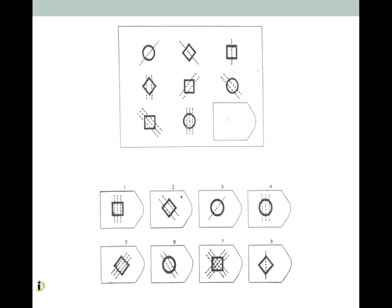So the way the Ravens works is you are trying to figure out what goes here in this bit here. So there is a pattern that goes across and a pattern that goes down. And you are trying to figure out what completes the pattern going both across and down. Okay. In this particular one, we need 3 lines. So that automatically rules these out. Boop, boop. Wow, that one has 3. Okay. We've got